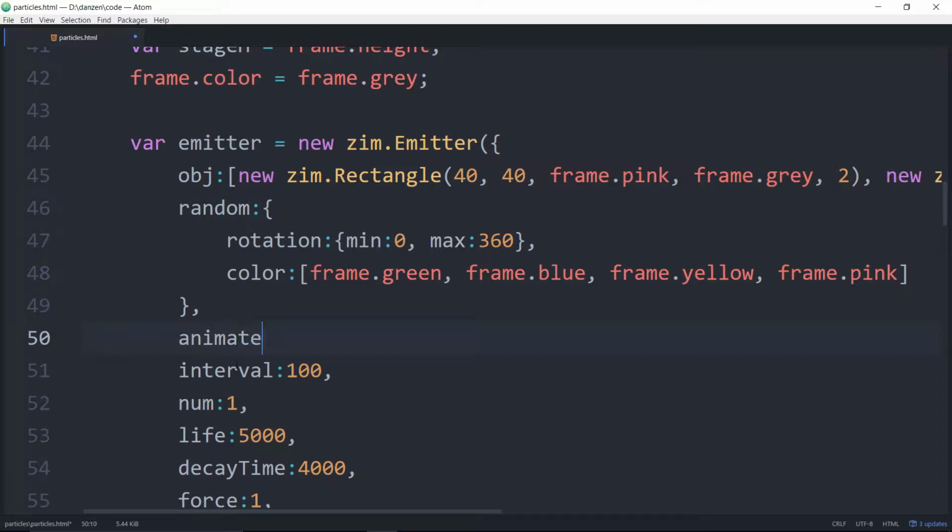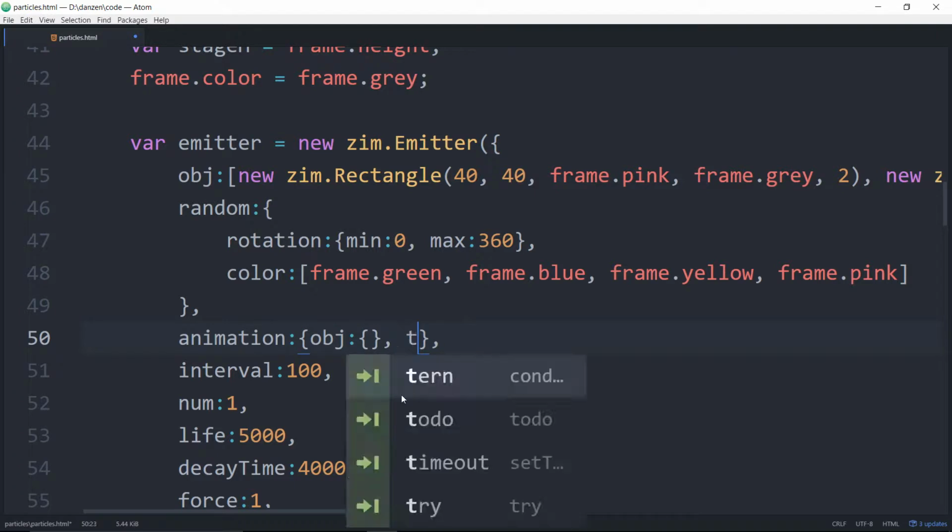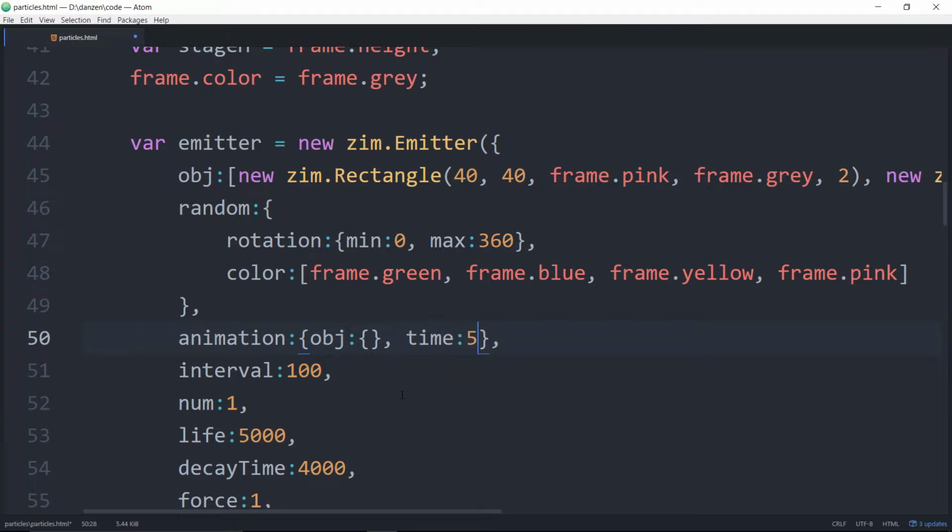So we can pass in an animation object, and that will be just like ZIM animate. So you can pass a configuration object to ZIM animate, and that's what we put in here. So this can be many properties. The animation object is here now, we're specifying. We can also specify, for instance, the time, and we'll make that 5,000. And if we're rotating this, so rotation colon,